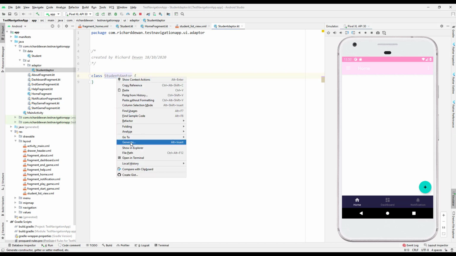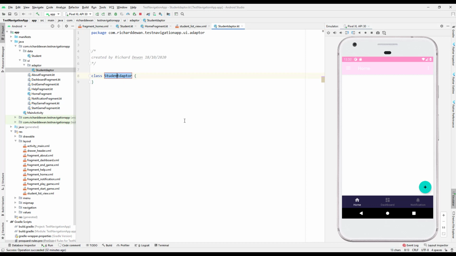Okay, so I think I need to refactor this one. Student adapter. I think that should be fine. Okay, so we have refactored this class name, and then we will go and create another class inside of